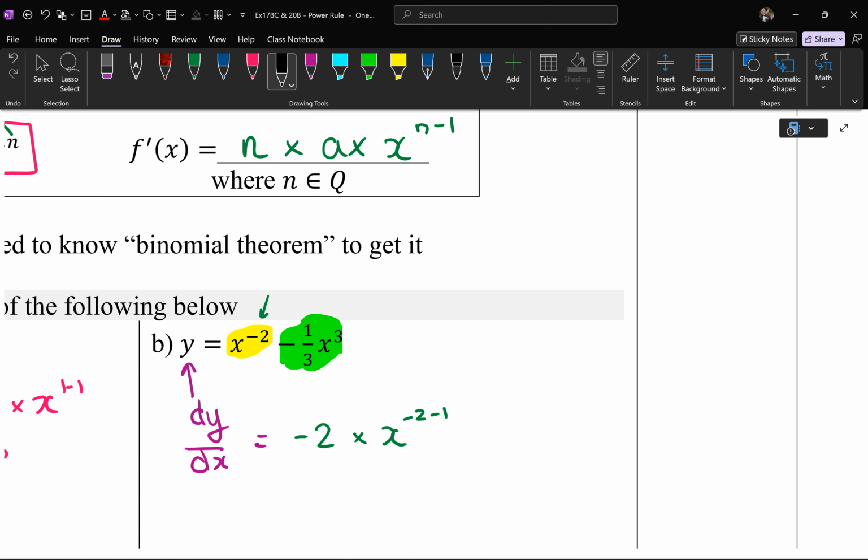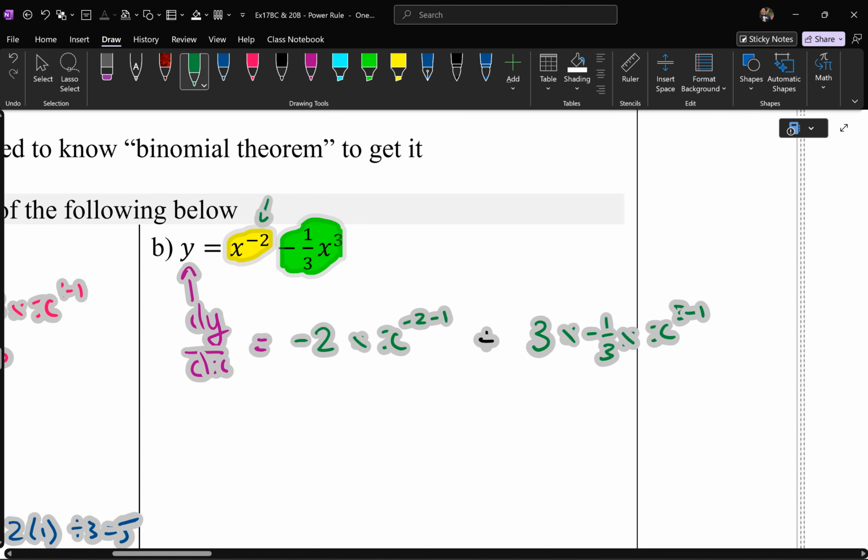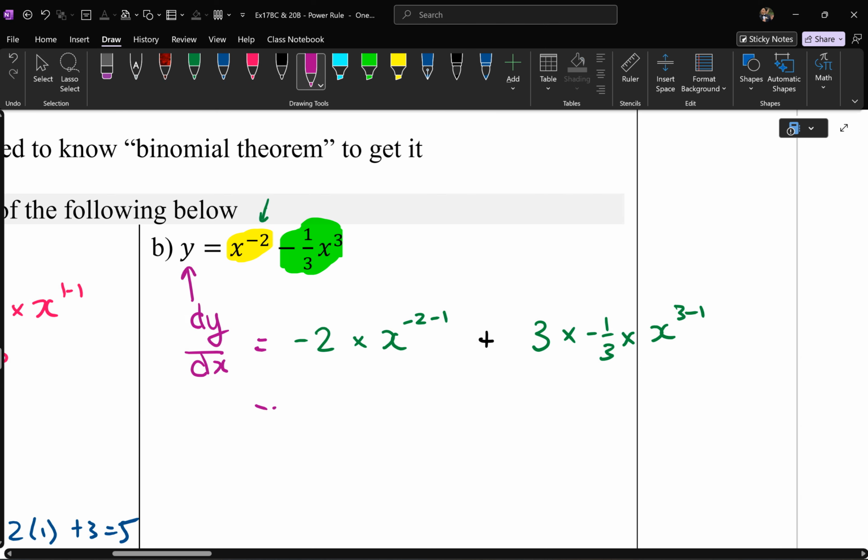3. So according to the rule, this would now be plus, and I'm going to work it out. So 3 times, what's my A here? Let's go with Molly. So n is 3. What's my A? Negative a third. So this should be a negative third times x to the power of 3 minus 1. I'm using the same rule that you're seeing up here. Just the same thing. Find n, find A, sub it in. Let's work out each one. Let's simplify it. Next line, equals